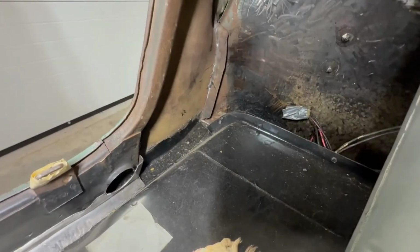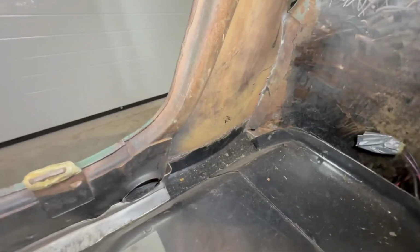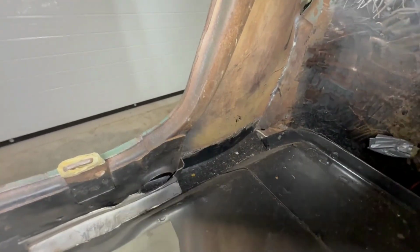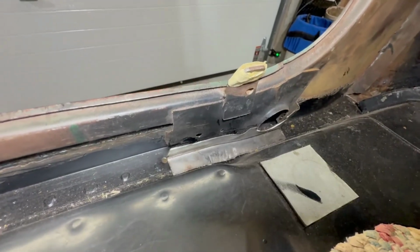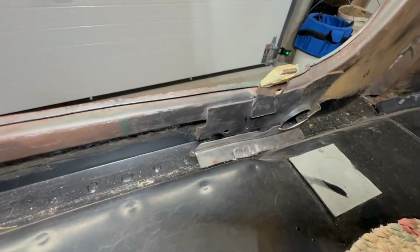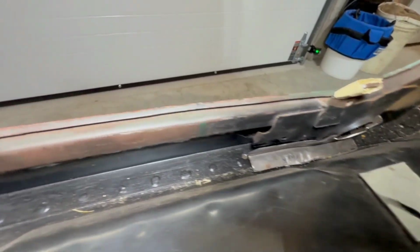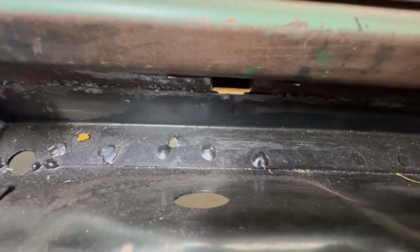Here are some shots with the trunk pan installed from the tail panel perspective. You can see where the tail panel's blended in with the original back panel. You can see where I've made the patches there to the trunk bumper supports. Haven't welded in yet. And here's the seam, the rosette welds or spot welds with the tail pan to the